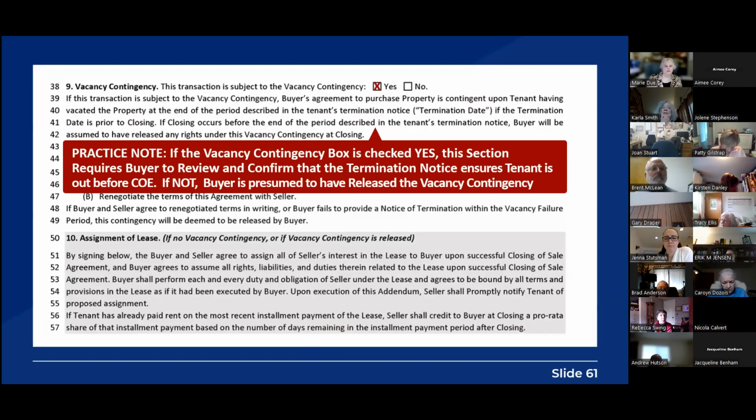Vacancy. If the vacancy contingency box is checked yes, this section requires the buyer to review and confirm that the termination notice ensures tenants are out before close of escrow. If not, the buyer is presumed to have released the vacancy contingency. So again, if that box is not checked, if it's no, the buyer is presumed to have released the vacancy contingency,